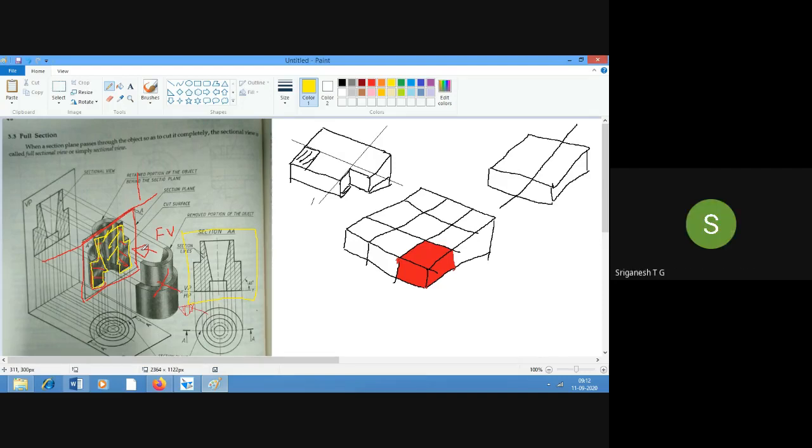So this front view is called the sectional front view. We are able to see the cut portion after the sectioning has happened, and we can see the cut portion in any one of the views only, generally. So in this case we can see it in the front view. So this is called the sectional front view.